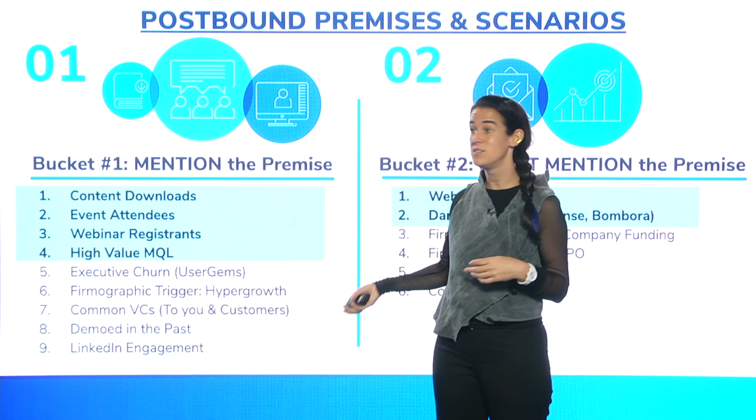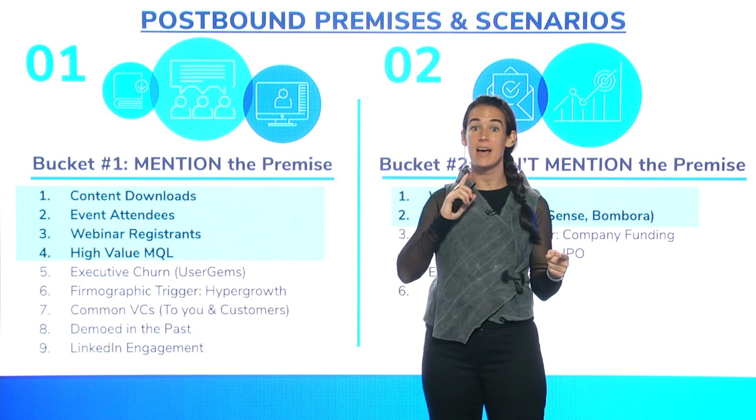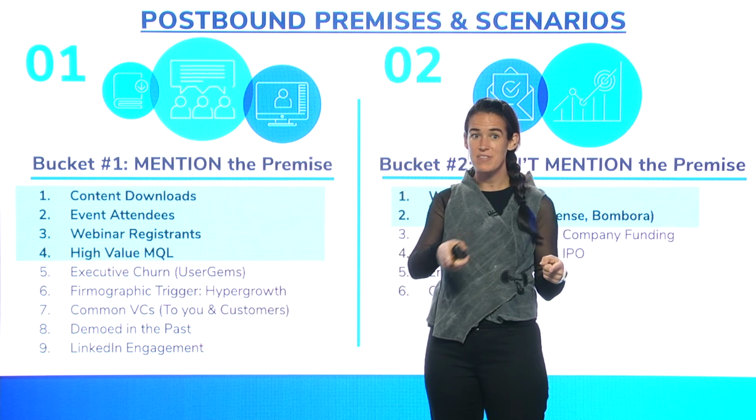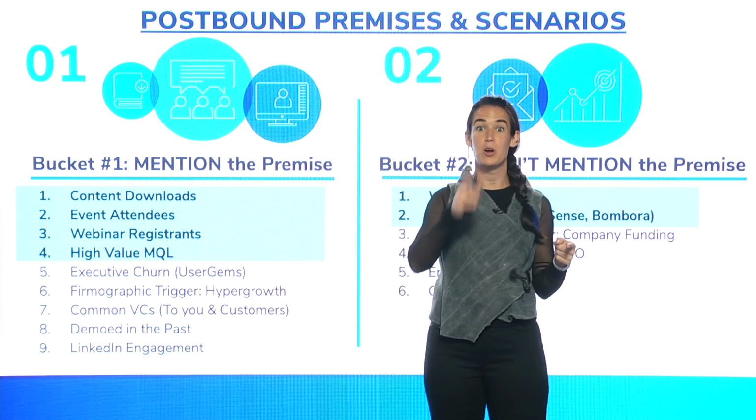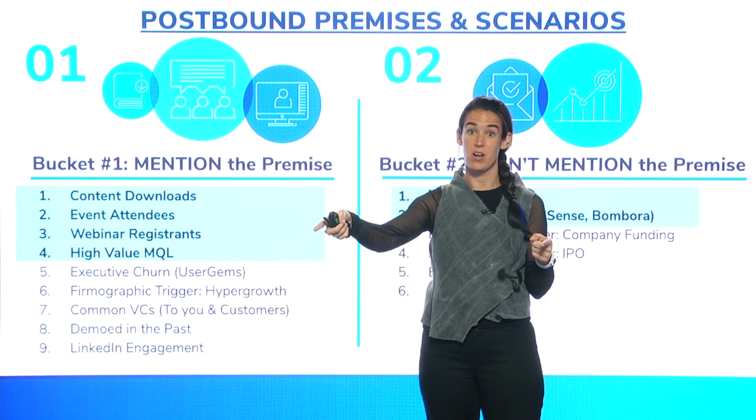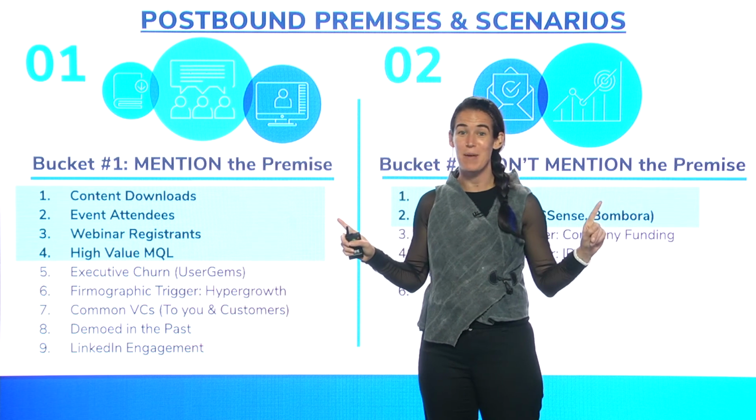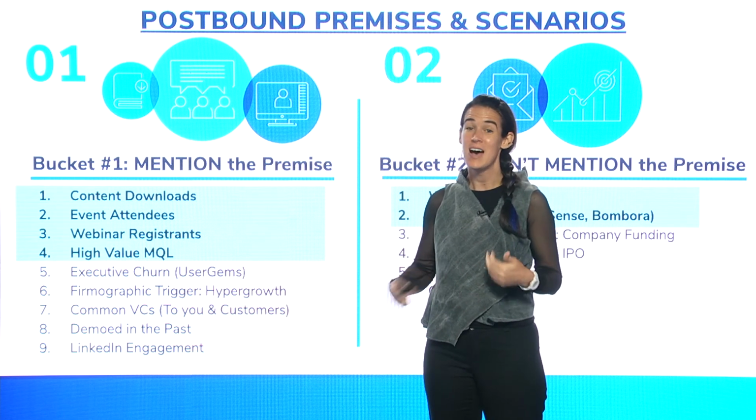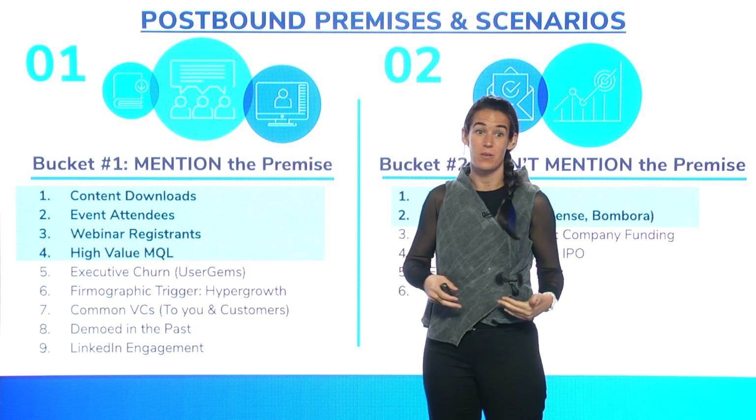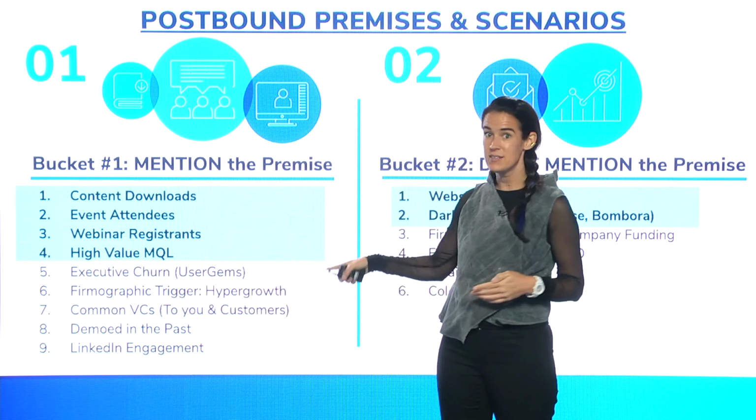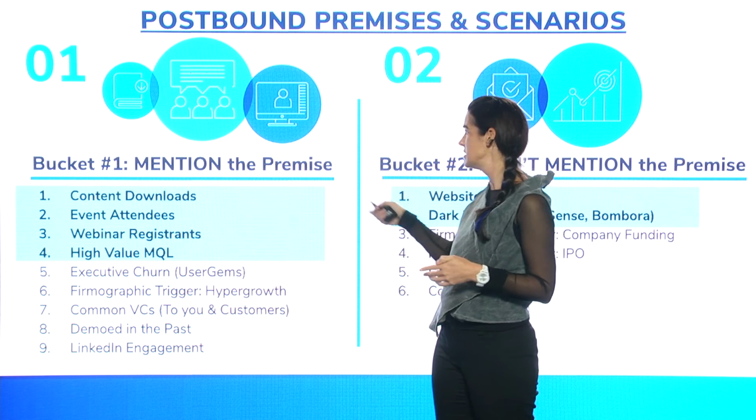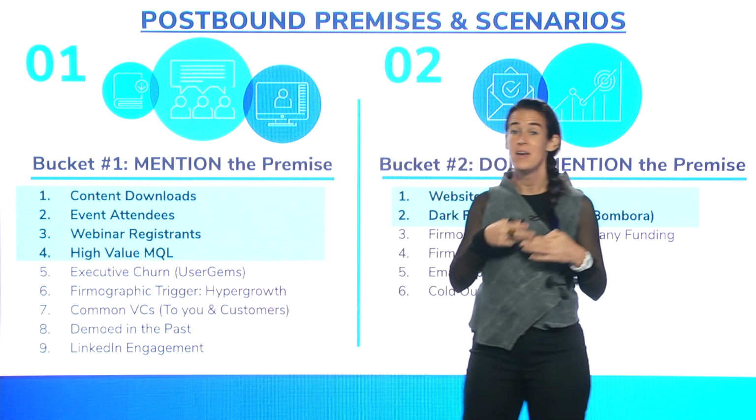Common VCs, to where you and your prospect share a common VC, and common VCs to where your prospect and one of your customers share a common VC. Sounds crazy and like I'm out on a limb, but that sequence I actually didn't believe in and it worked really well. Demoed in the past, you can sequence this, and LinkedIn engagement, you can sequence people who are engaging